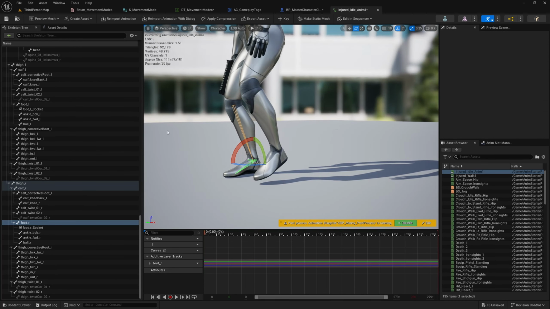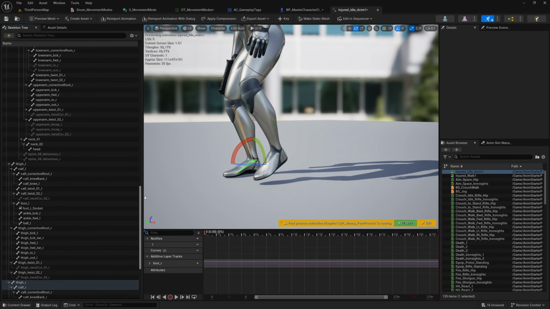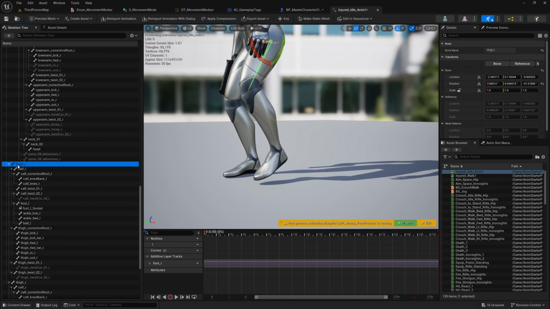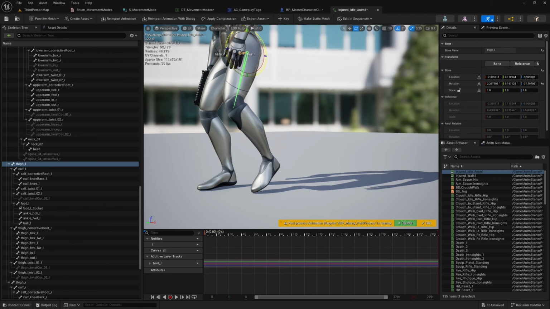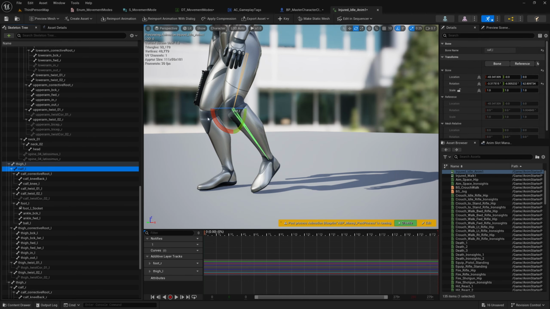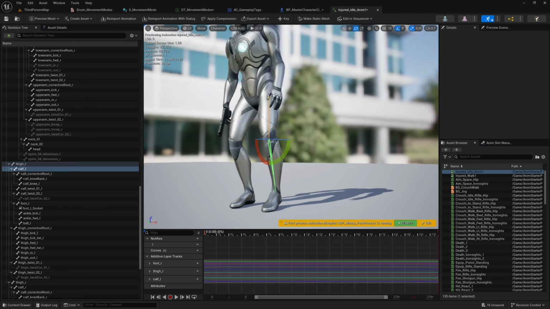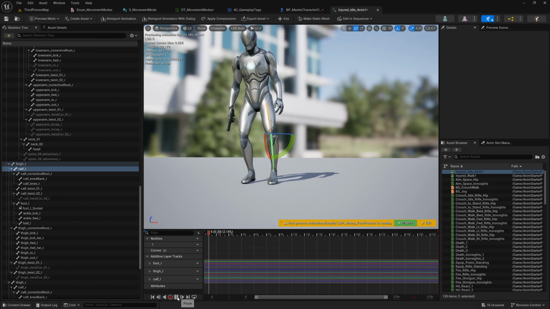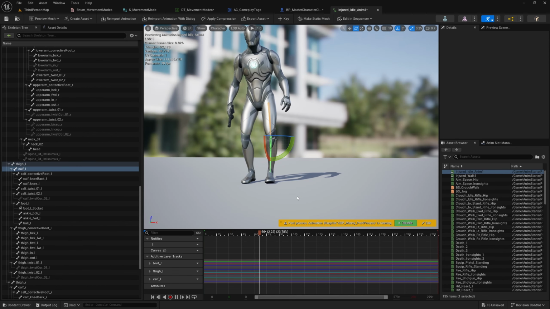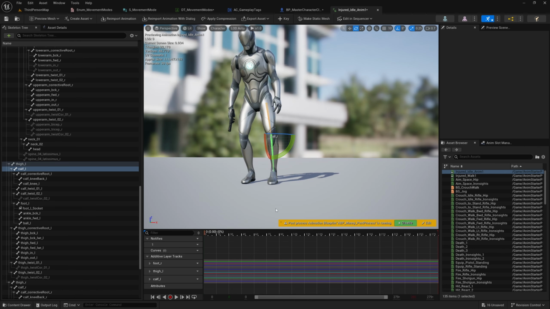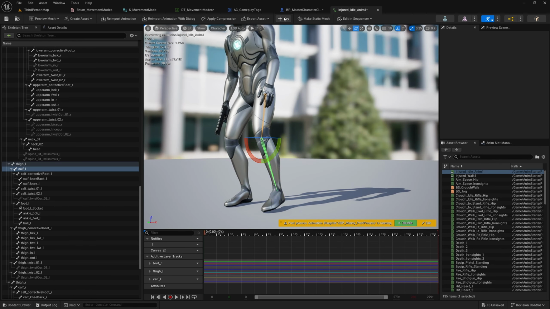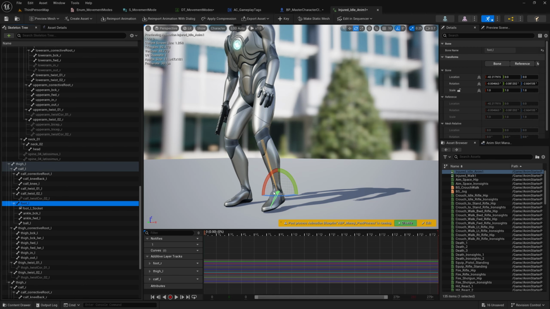And I might play with his left leg a little bit as well and see if we can get that down to the ground. So thigh left, bring this down and keyframe it. Calf left, bring this forward and keyframe it. And let's hit play now and have a look at how that looks. Oh, his calf looks like his knee is broken. So I might just bring this out like that and keyframe that,